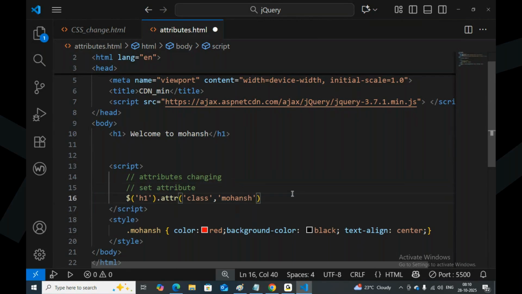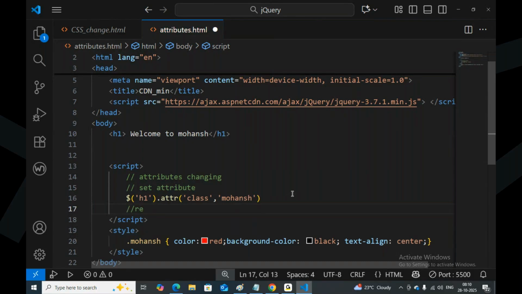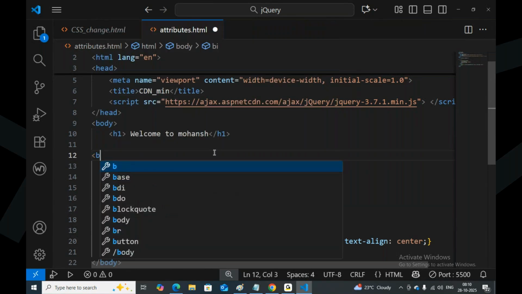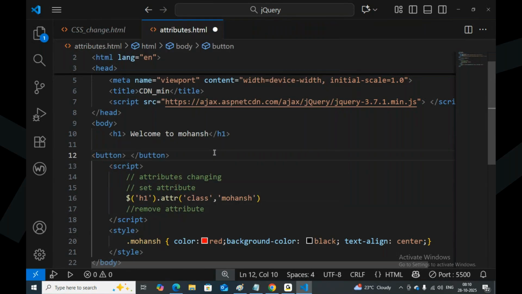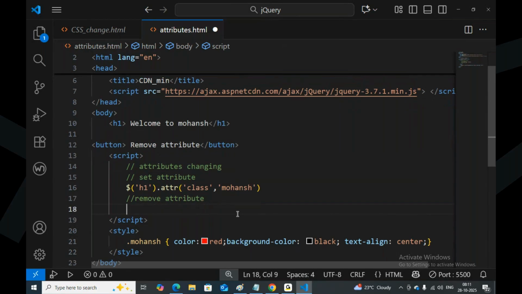There is one more method, remove attribute. For remove attribute, I will take a button. When I click on the button, I want to remove the attribute. How to do this? I want to write a function. Dollar button